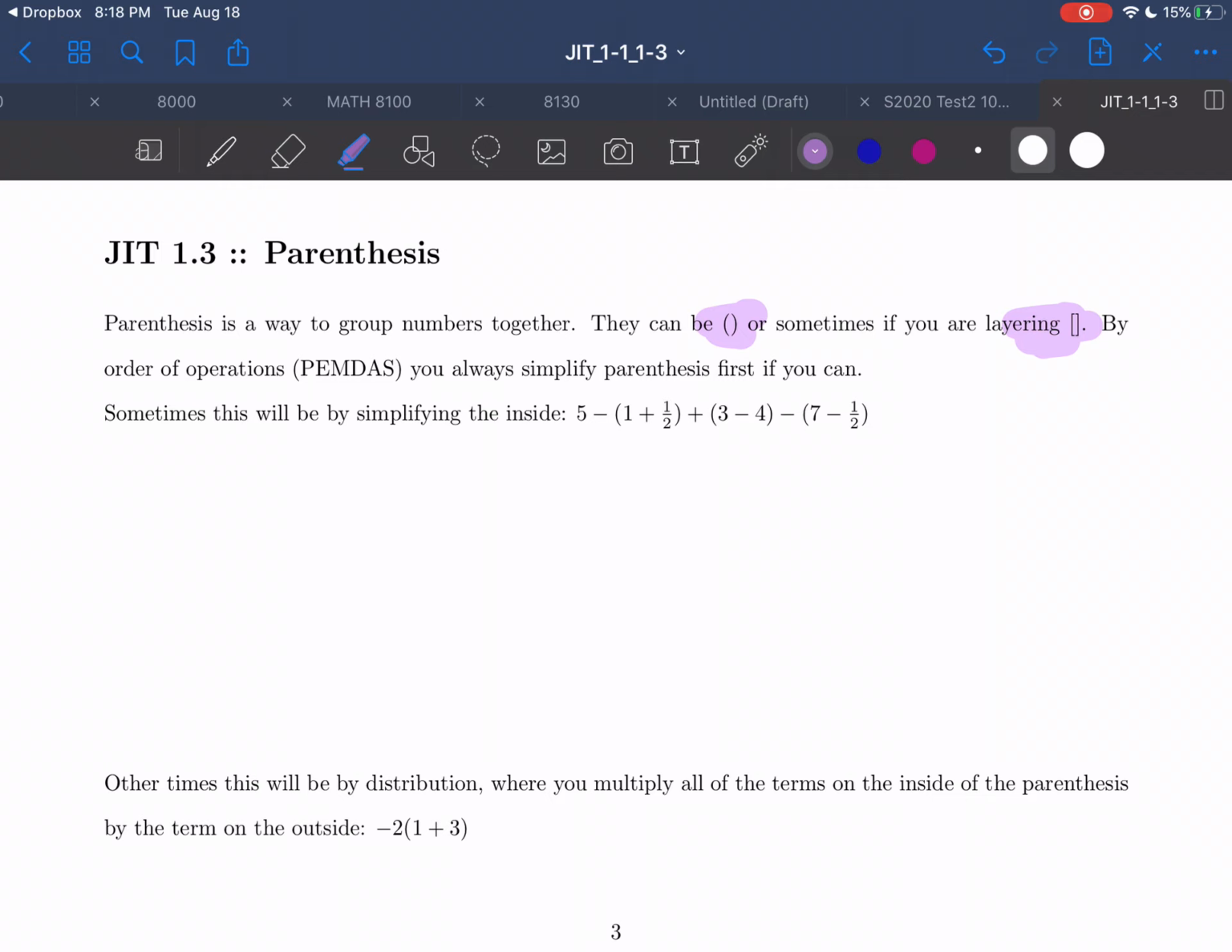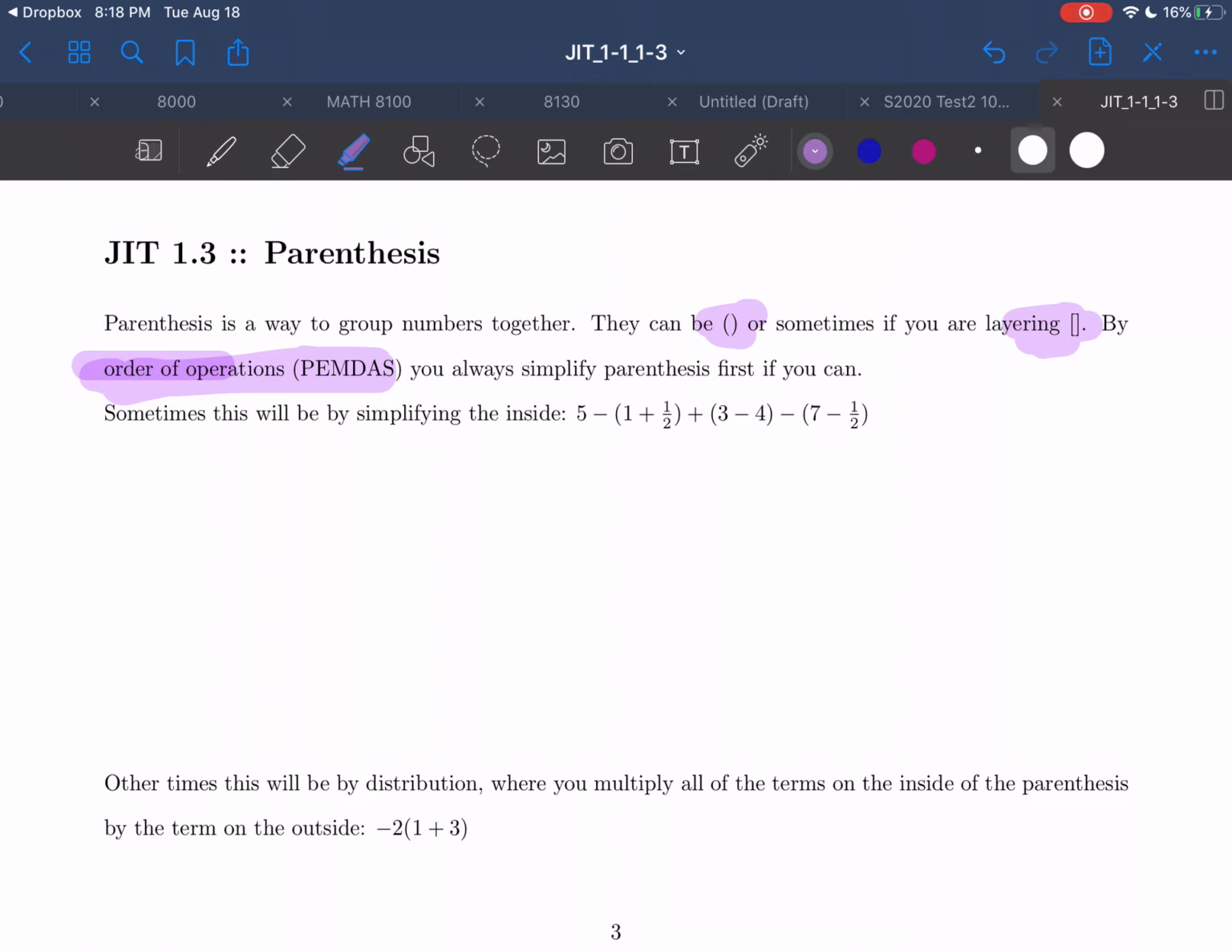Now, if you remember back, I don't know when you would have learned this, maybe middle school, depending on where you took your math class. But by order of operations, or PEMDAS, okay, that's the order of the way we do things in math. So we'll do parentheses first,